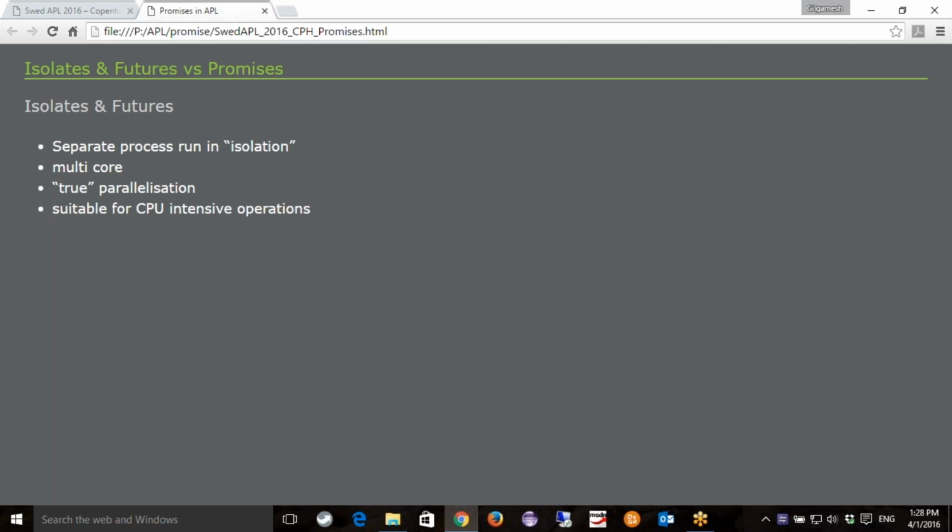So yes, as I said, it's only really useful when you've got some heavy calculations that you're doing in APL and you want to speed up the process by splitting the work. Promises, on the other hand, run in the same main process, so they're basically limited to a single core on your machine. The lightweight thread management, which is basically what Klaus just demonstrated. How do you deal with threads in your application? And he's shown us about 6 different mechanisms to do that. I'm going to show you one.